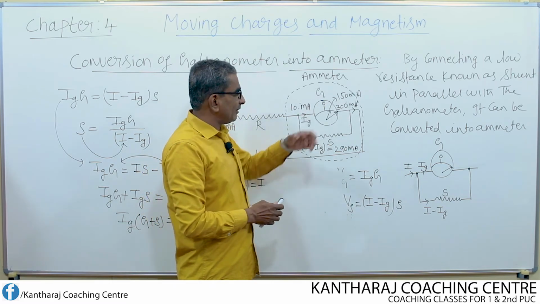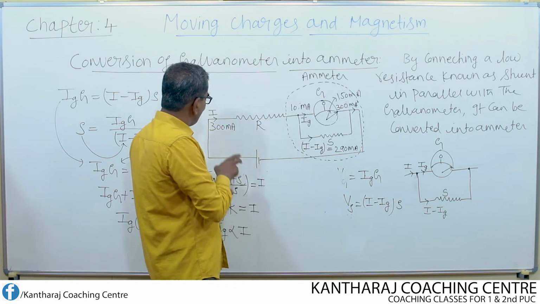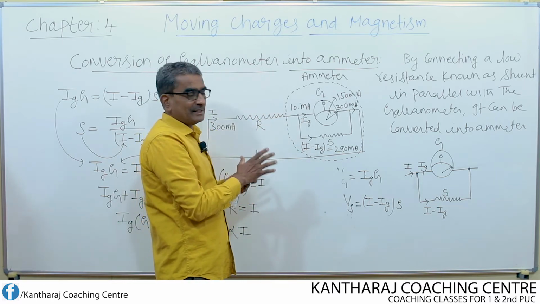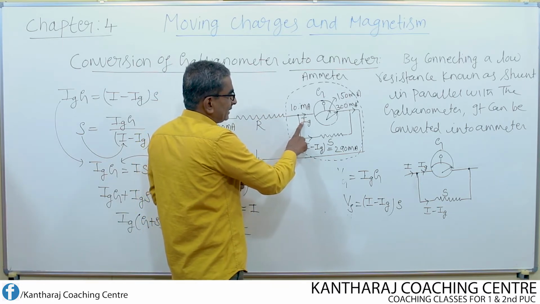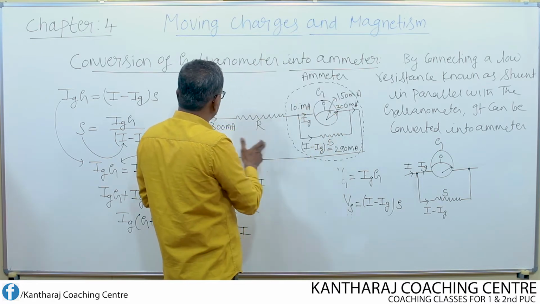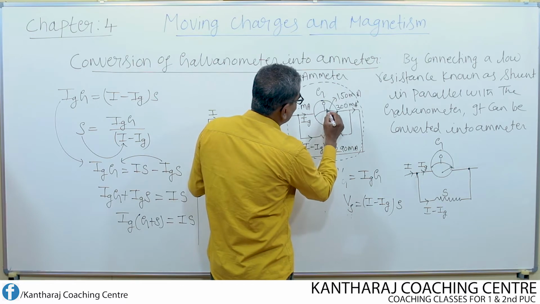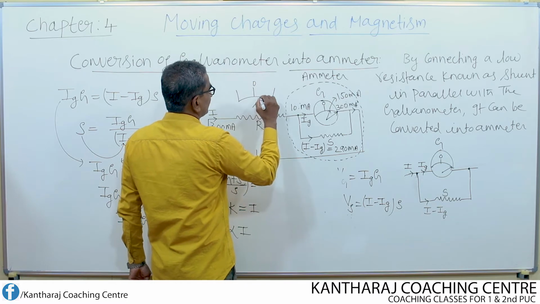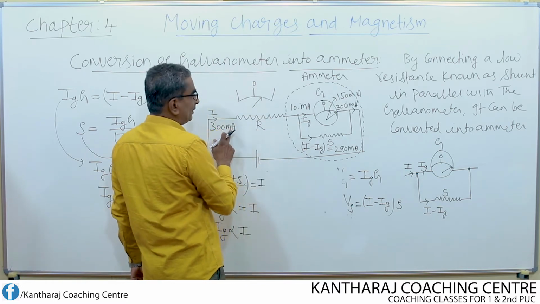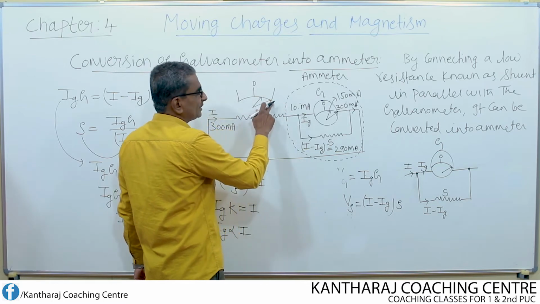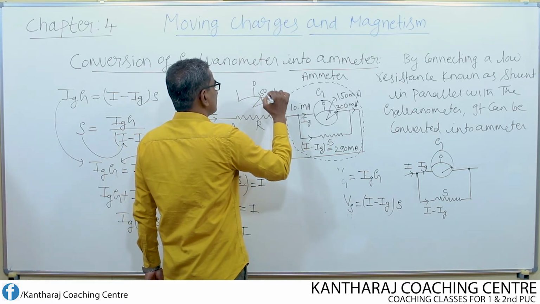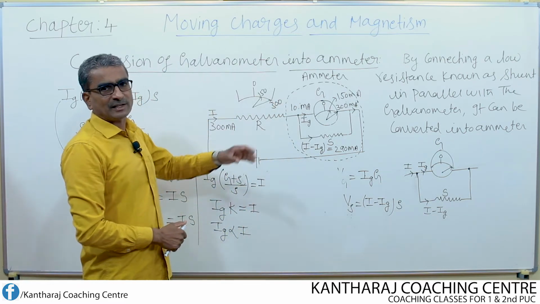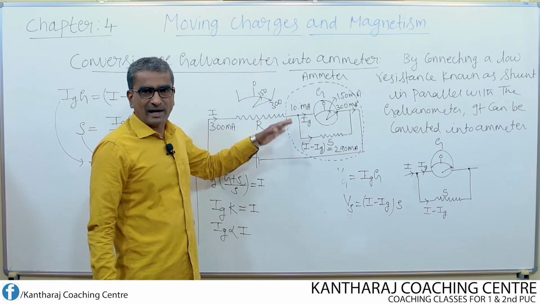So we have to modify the galvanometer scale in such a way that whatever main current flows, that main current itself should be proportional to the current Ig. That means the full scale deflection must be made proportional to the main current. In such a way, the scale must be calibrated, and the markings must be done like that. So half of this means 150 milliamps, and full scale deflection means 300 milliamps. So this is how we can convert the galvanometer into an ammeter.